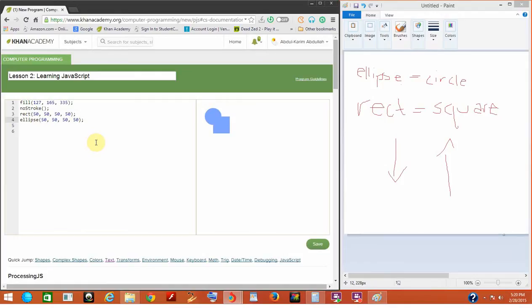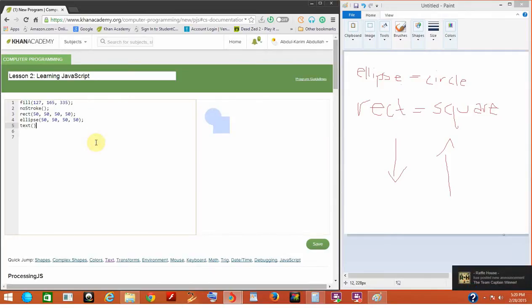Now, another command that's really helpful is text. Before we get into actually creating text, the first thing you're going to want to do is create the size of the text. Because in writing text, it only allows you to put whatever you're trying to write, and it also allows you to put where it is, your x and y coordinates of it. But it doesn't tell you how big it is. So let's say you want to type in JavaScript. So what you would do is text